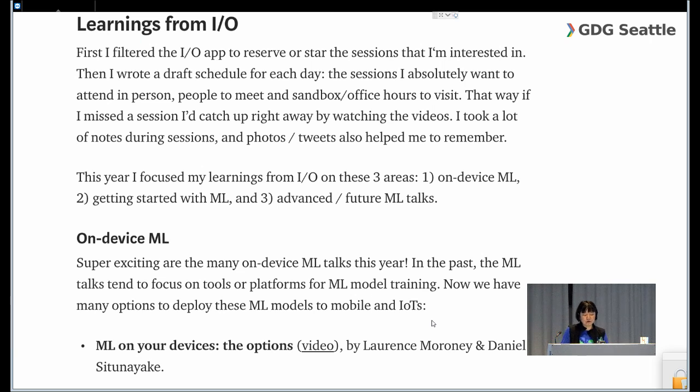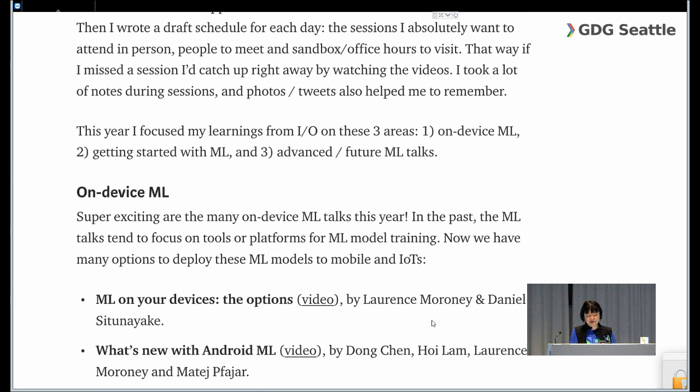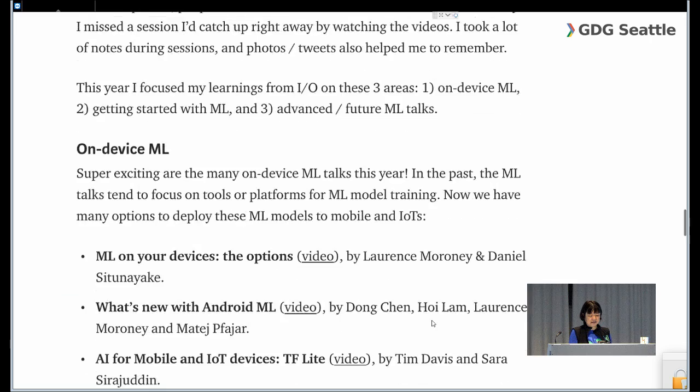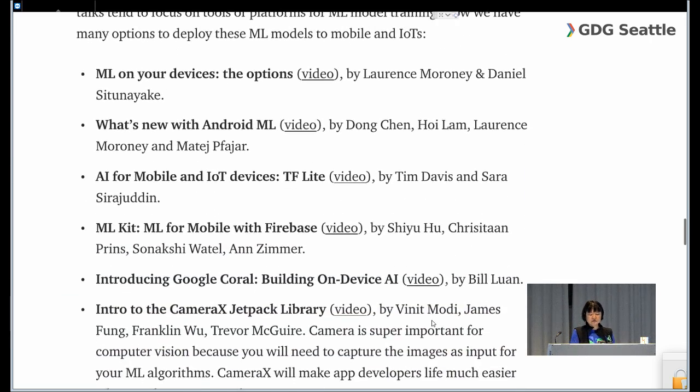This year there are really like 5 or 6 sessions on on-device machine learning, and Google is trying really hard to make on-device machine learning easier. So here is a list of the talks that I recommend you watch. The first one is machine learning on your devices, because there are different options there. Lawrence Moroney and Daniel from Google gave a talk on that, and they walked through the code for you to do machine learning on Android, machine learning on iOS, and machine learning